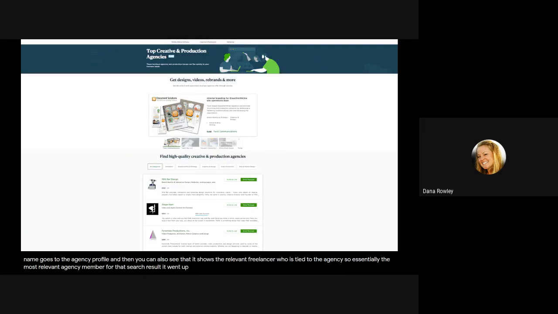In Upwork, we have an increased focus on agencies, and we've recently launched a curated agency landing page that you can see right here to make it easier for clients to hire agencies. So this is in addition to including agencies in search results. On landing pages like this one, clients can easily browse through agencies that specialize in a particular area of business. We've started with web and mobile development, creative and production work, and marketing services, but we look to expand this in the future.